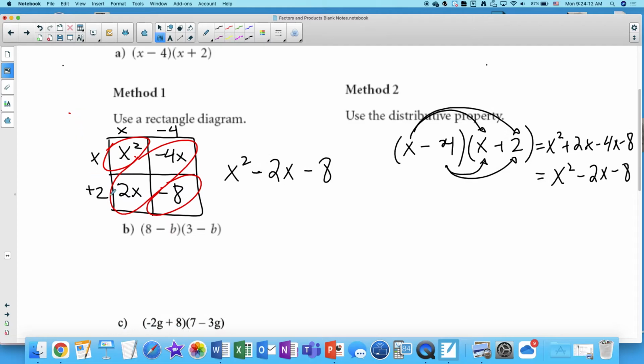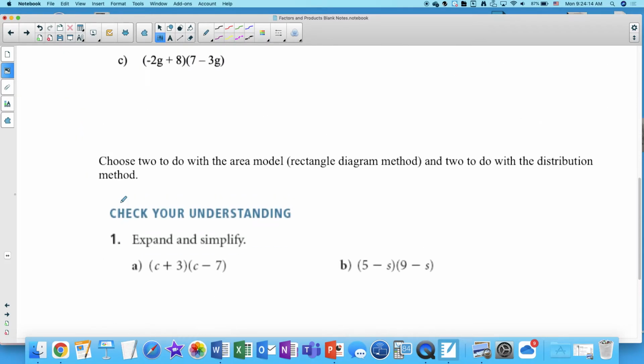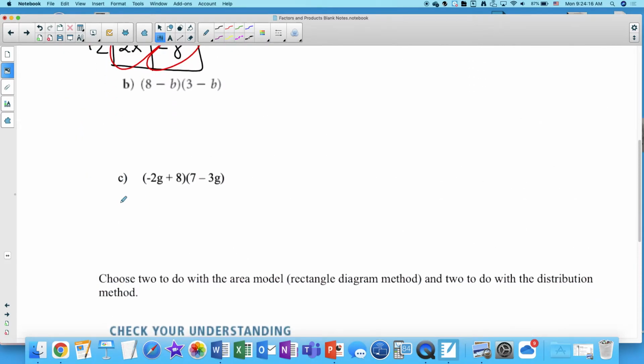So here we have, again, a binomial times a binomial. So if I'm going to use the area model or the box model, each side has to be 2 by 2, right? One section for each term. And here I've got 8 minus b and 3 minus b. And then I'm going to fill in the products, these are like partial products, into each of these 4 little squares. Okay, so 3 times 8,